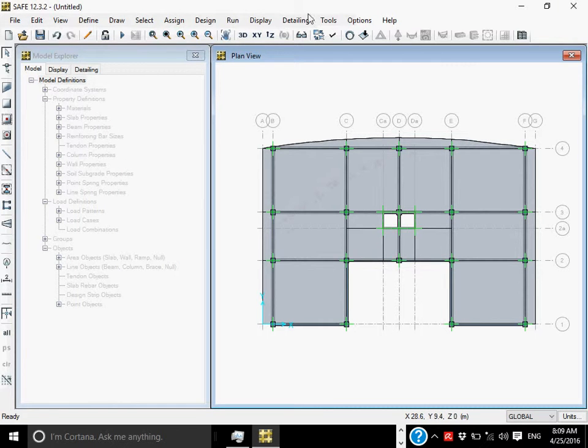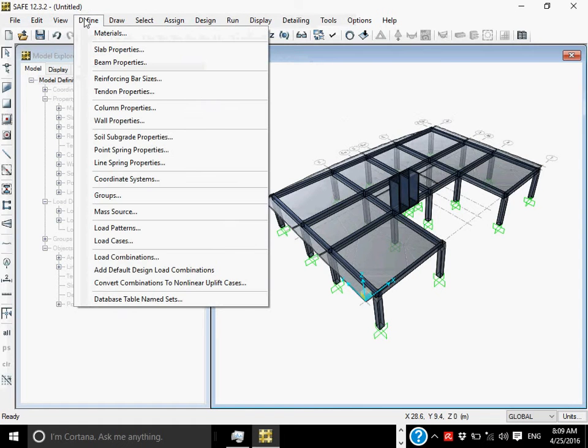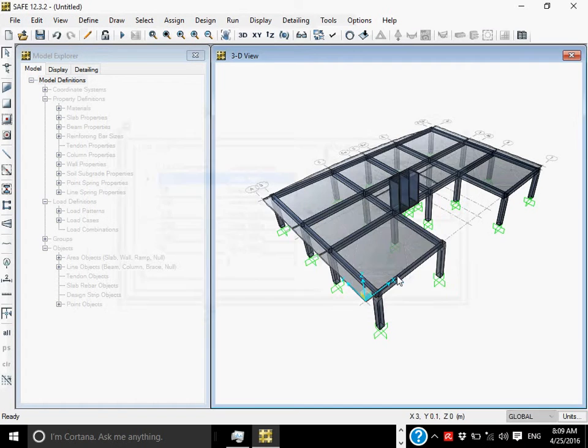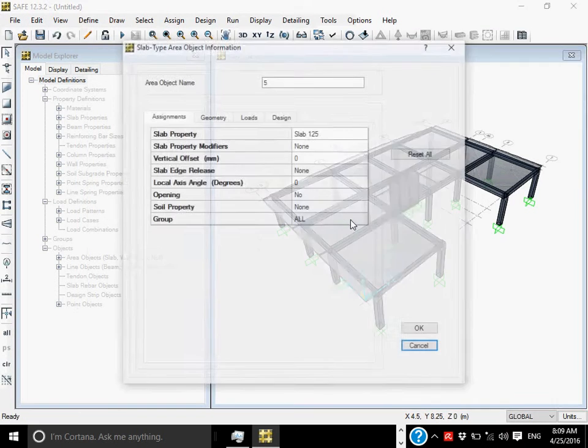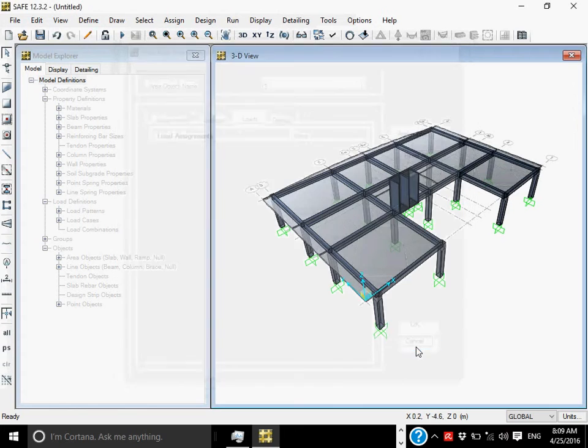Now everything is there. Last thing, let me confirm the loads. All loads are here. If you click on any panel and click loads, let me make sure that it has exported the values or not.